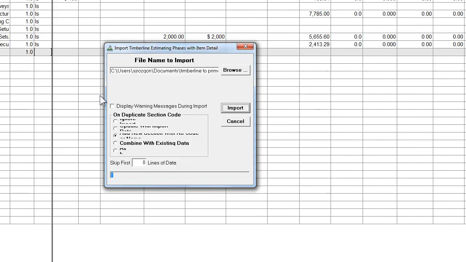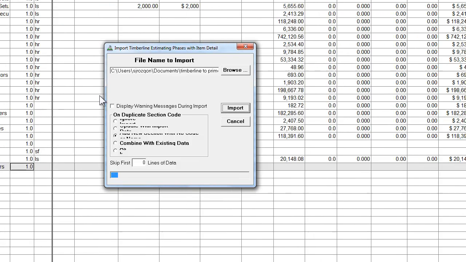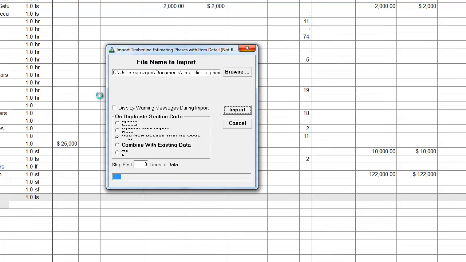What's going to happen now is PrimeBid is going to start importing the cost items from that file and the sections or phases that have become sections into PrimeBid, and remember, this is a $49 million file, and there's 6,400 some odd scope items or takeoff items coming in underneath these phases. So it takes about 60 seconds, perhaps 90 seconds to complete this operation. We'll just wait for it for a moment. And when it's done,